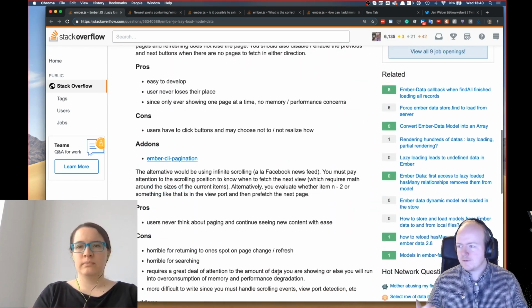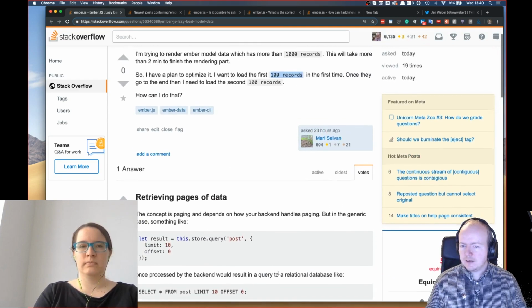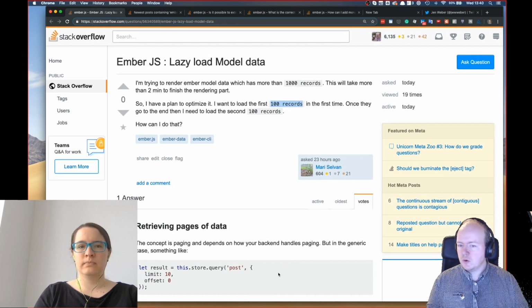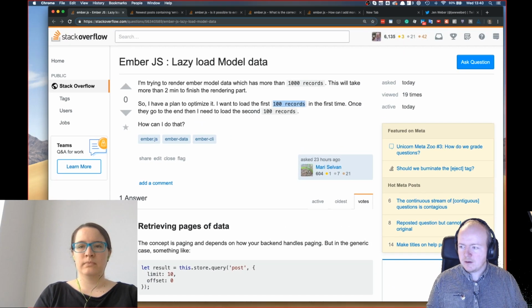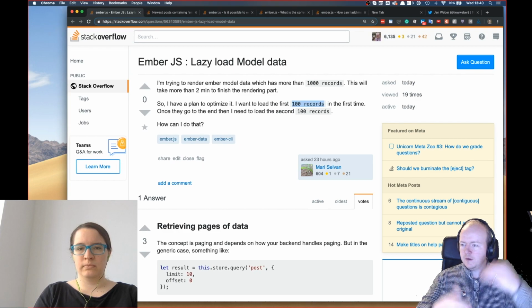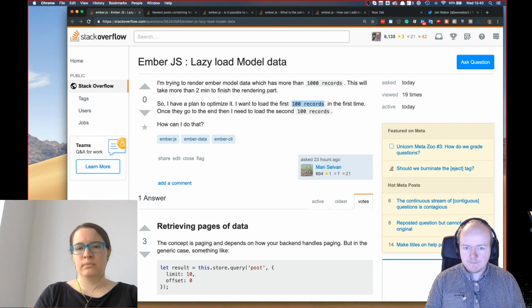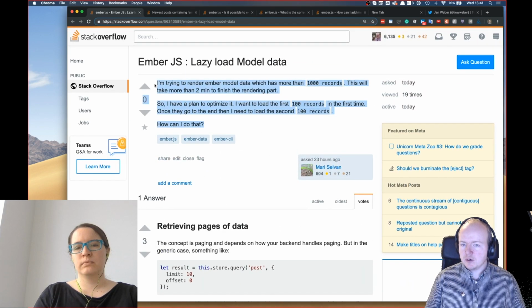But it's interesting that the first thing that you're thinking about is this kind of infinite load question, which is also another very important idea, that you have a very efficient way to render tens of thousands, hundreds of thousands of data entries on a single page. And again, a very, very valid interpretation of this. I'm wondering if this is a much simpler question of just, you know, they've